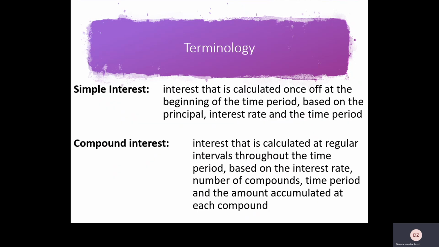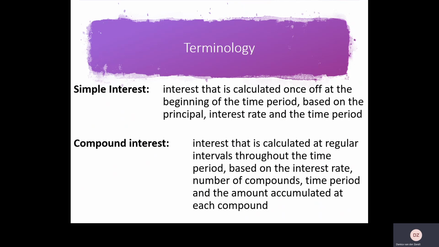Then here's our 2 definitions. So simple interest is interest that is calculated once off at the beginning of the time period, and it is based on the principal, the interest rate, and the time period. Compound interest is calculated at regular intervals, so that depends on what the compounds are, throughout the time period. It is based on the interest rate, the number of compounds in the year, the time period, and the accumulated